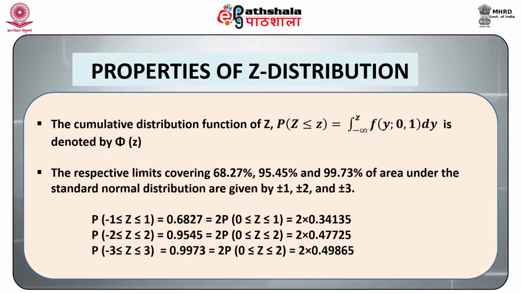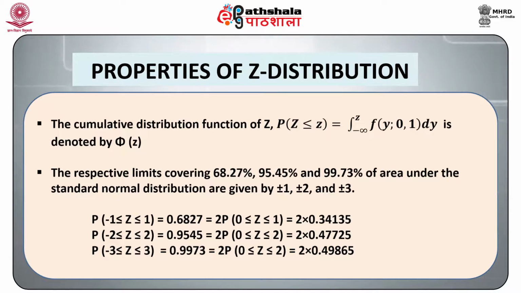The cumulative distribution function of Z, phi(z), is equal to P(Z less than or equal to small z) is equal to the integral which ranges from minus infinity to z of f(y; 0, 1) dy. The respective limits covering 68.27%, 95.45% and 99.73% of area under the standard normal distribution are given by plus minus 1, plus minus 2 and plus minus 3. Probability of z, which ranges from minus 1 to 1,